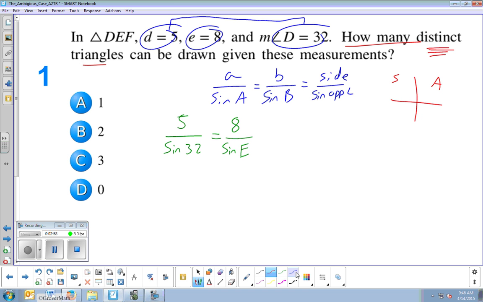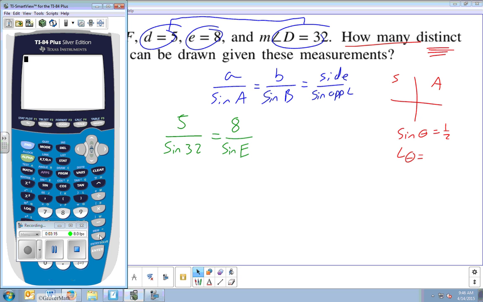So for example, if you knew that sine of theta equals 1/2, what's angle theta? Well, the answer is ambiguous, meaning we're not really sure. It's ambiguous because I know that sine of 30